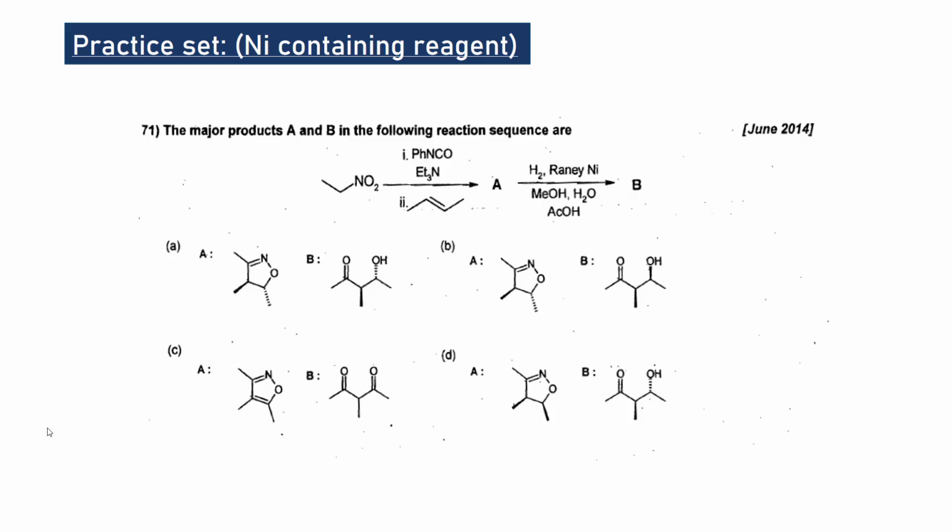From this structure you can see this is nitromethane and base has been added. If you deprotonate, this hydrogen is acidic because of the minus I effect and minus R effect of this NO2 group. This hydrogen is highly acidic, so it can be deprotonated and form this type of